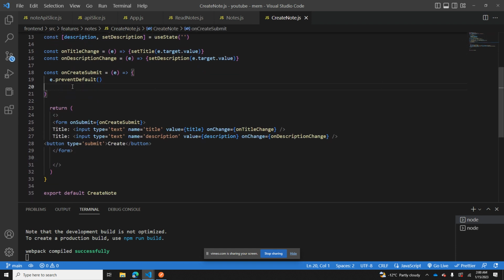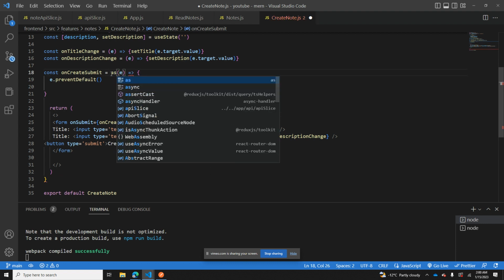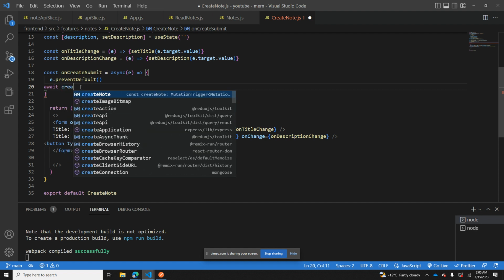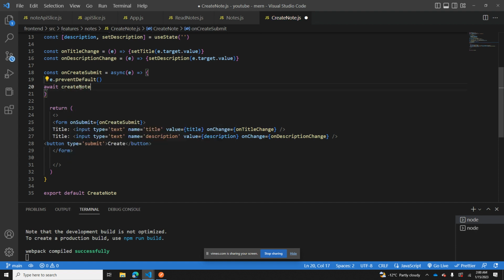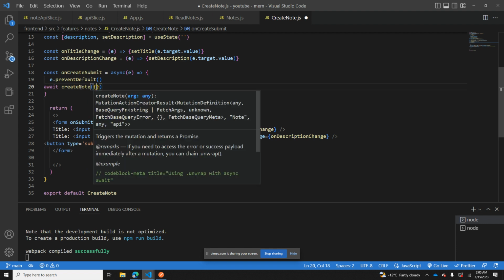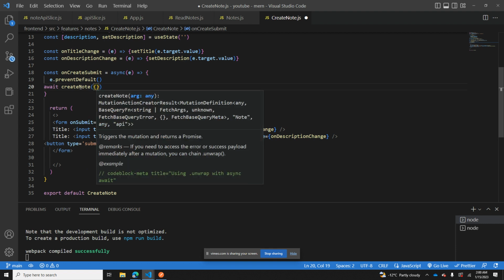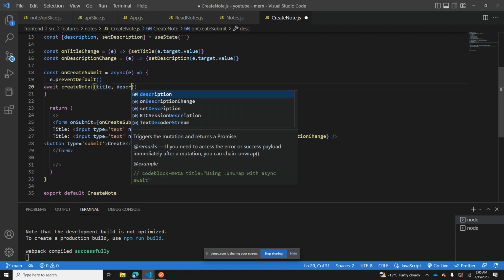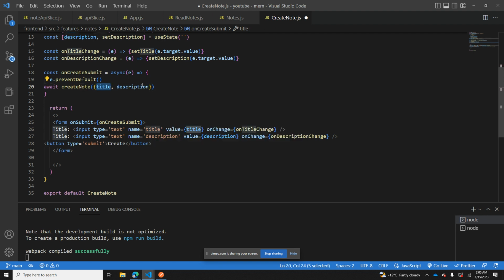And now in create submit, we are going to call this. Here, let's put async and let's await, and let's put this endpoint, which is create node. We're allowed to use this, and then as an object we're going to pass title and description. So title and description is coming from the value, okay,